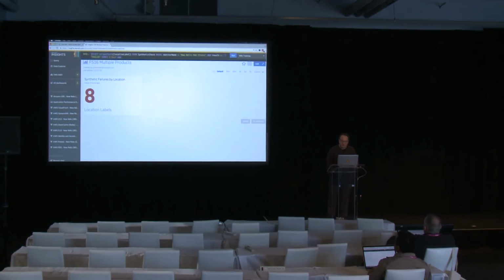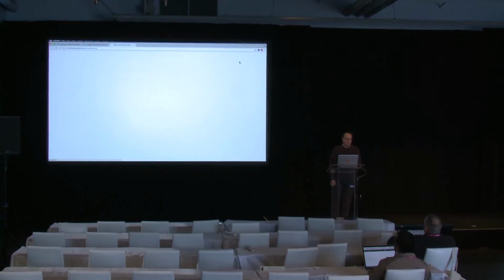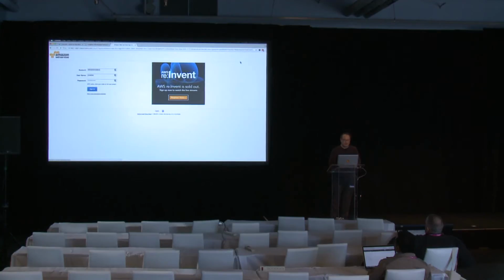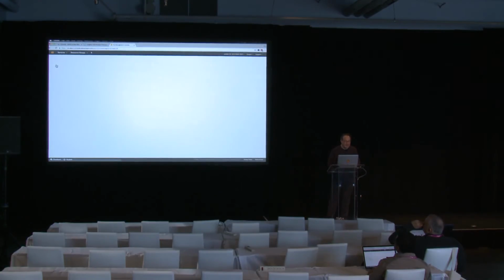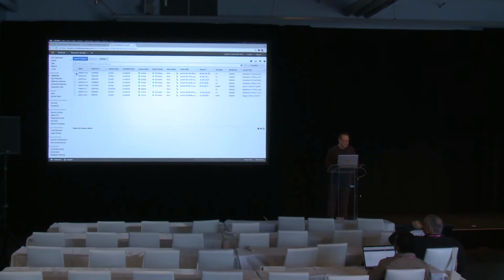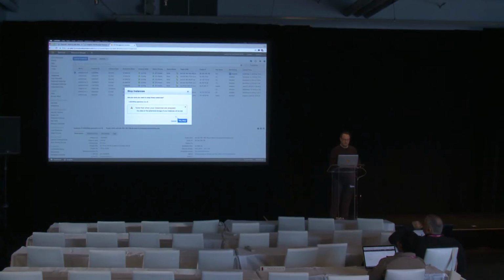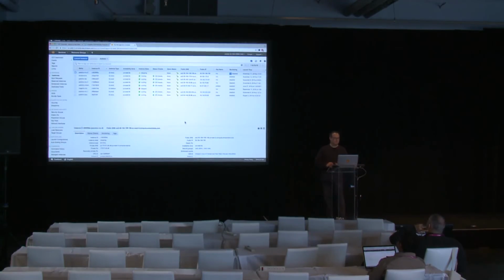Let me kill one of my machines here. Actually, I don't even, well, I'll do it. That's the easy way to do it. I was going to say I could just kill the app, but then I have to VPN, so this will be easier. Okay, so I'm going to go over to one of these hosts that's running my app and just stop the instance. Okay, and while that's stopping,